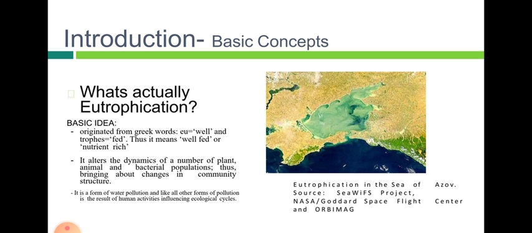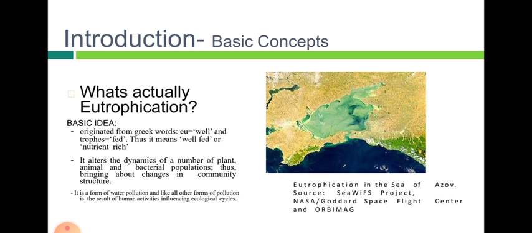So first we should understand what actually eutrophication is. Here is a basic idea. It originated from Greek words: eu is equal to well and trophis is equal to fed. Thus it means well fed or nutrient rich. It alters the dynamics of a number of plant, animal and bacterial populations, thus bringing about changes in community structure. It is a form of water pollution and, like all other forms of pollution, is the result of human activities